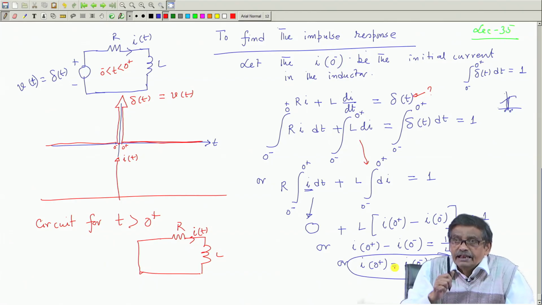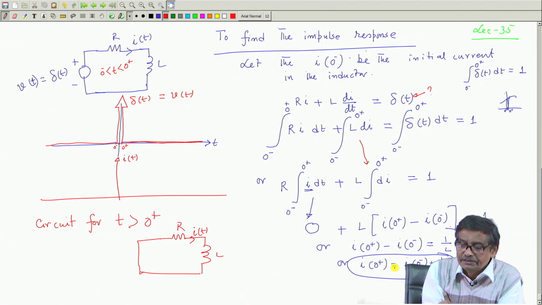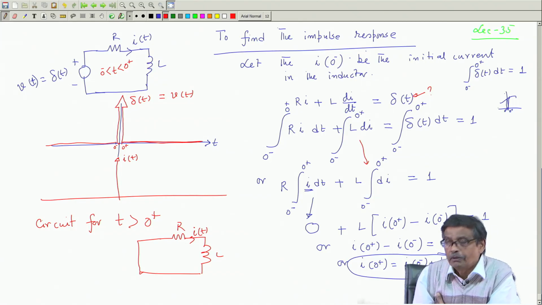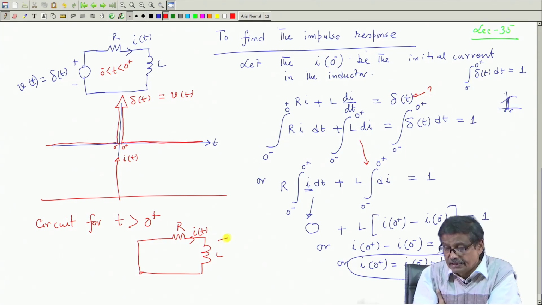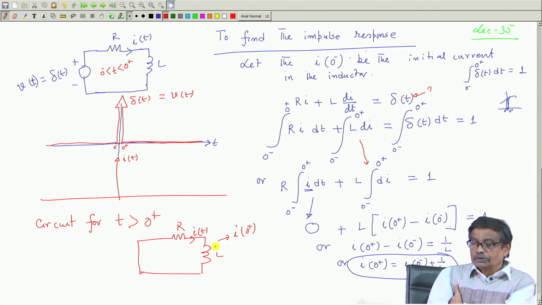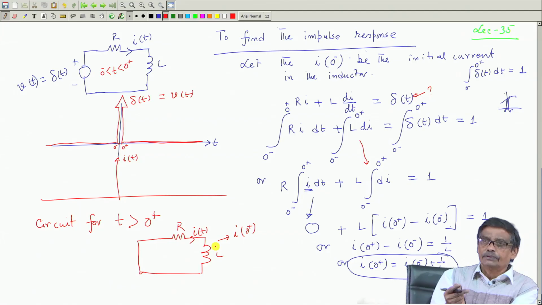So, it is like a magic wand. The impulse touches this, and whatever the initial current was changes to I 0 minus plus 1 by L. And for t greater than 0 plus, this is the circuit, and this circuit has an initial current I 0 plus. So, to obtain the current I t for all time t greater than 0, I say that the initial current,